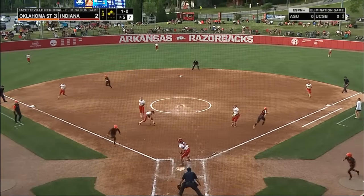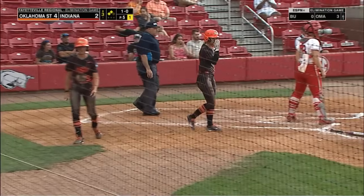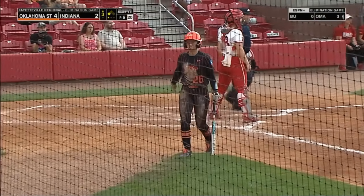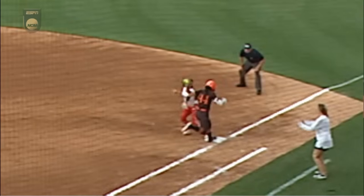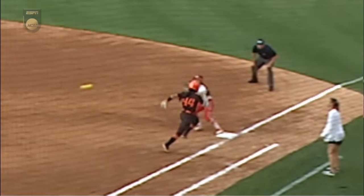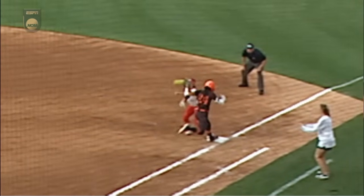One down, Edwards, run scores, throw to first, and they got her at first base. A bang play over there at the bag, but the bunt is successful, and that's the second time in 3 games where Oklahoma State has laid down a bunt that leads to a... Could be overturned. Right, because the foot is on the bag, and the way that they decide this play at first is the ball in the back of the glove. Not when it touches the leather, but when it's in the back of the glove, and this frame right here,